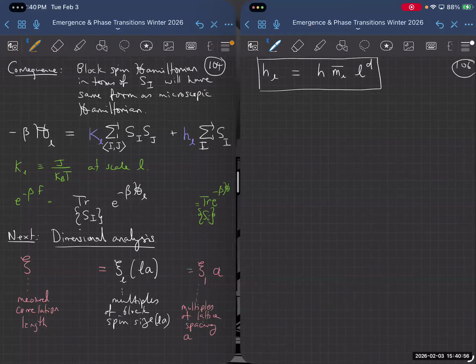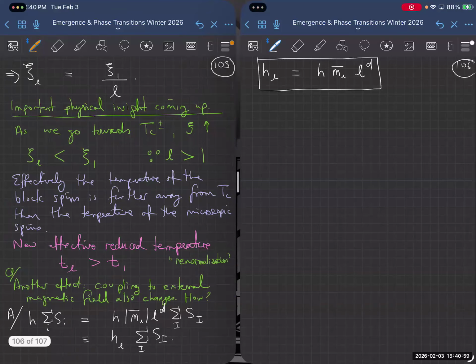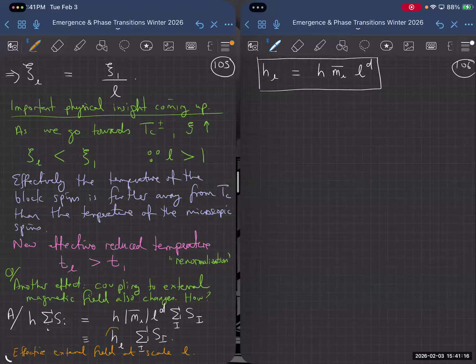So this term over here is the effective external field at scale L, and that's the thing that we've just calculated. So now we've got